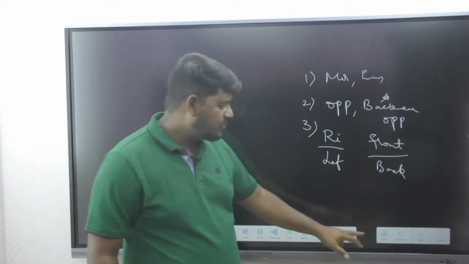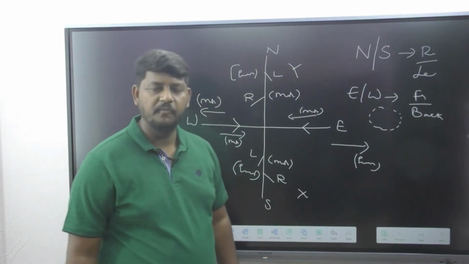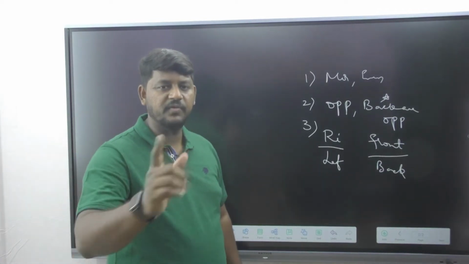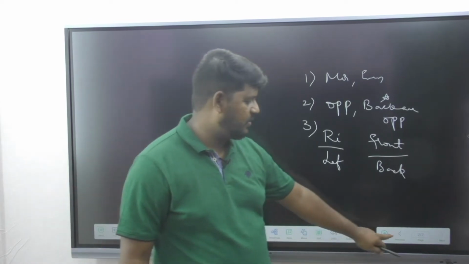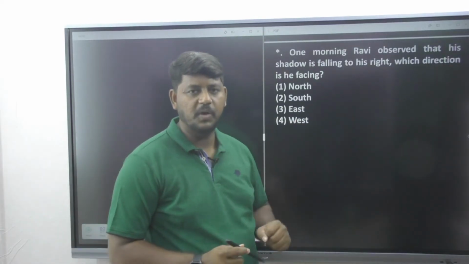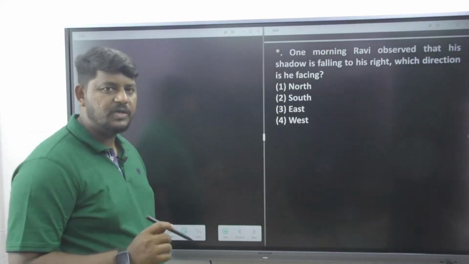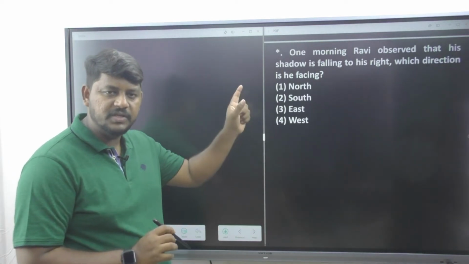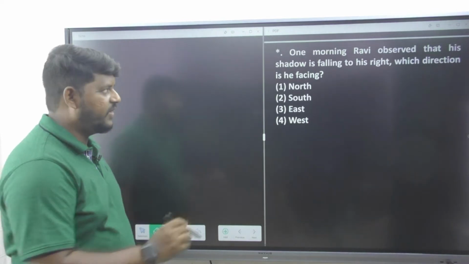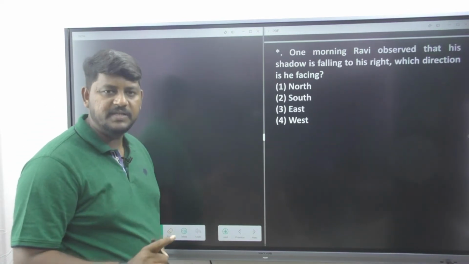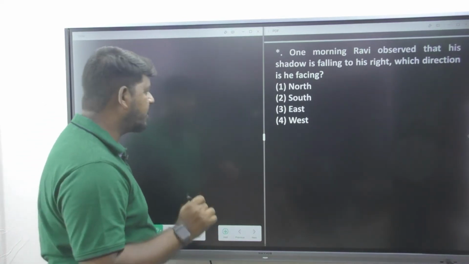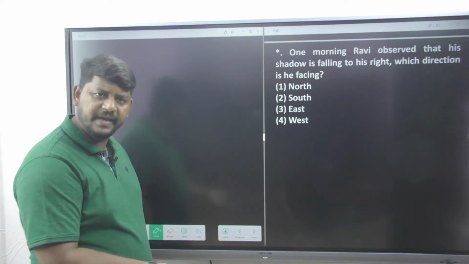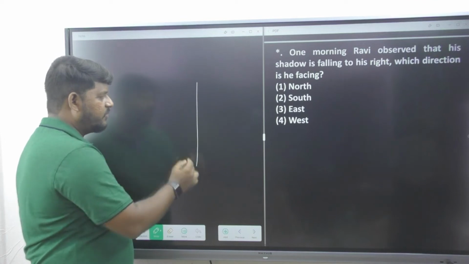So by using this particular information, we are going to solve a question. Let us see an example question, then you will understand it immediately. Okay, now let us look into a small question over here. The first thing you are supposed to observe, the point number one, you need to understand whether the question is talking about morning or evening. Now tell me, it is clearly mentioning one morning. One morning, obviously the sun is going to rise in what direction? East direction, correct? We know that very clearly.